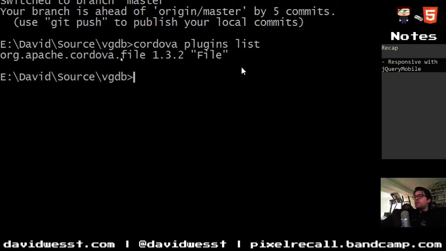But now, not all the plugins work. What we do know is the camera plugin is supported. It's probably one of the cooler ones. So if I do cordova plugins add, you're going to want to add the plugin URL or the reference for it. You can get that, I think, at the plugin directory. You can do a Google search on it, or a Bing search, whichever you prefer. I'm not biased.